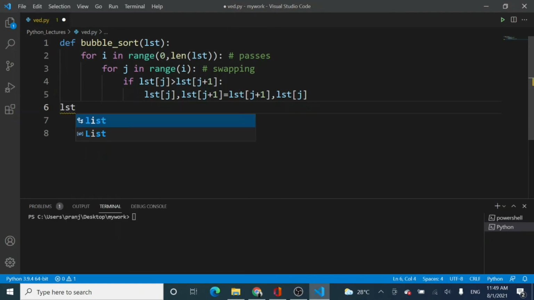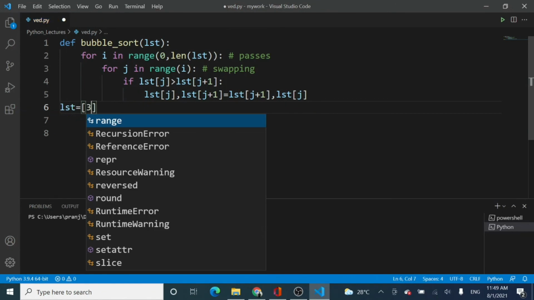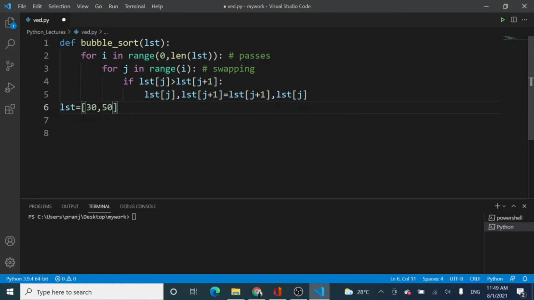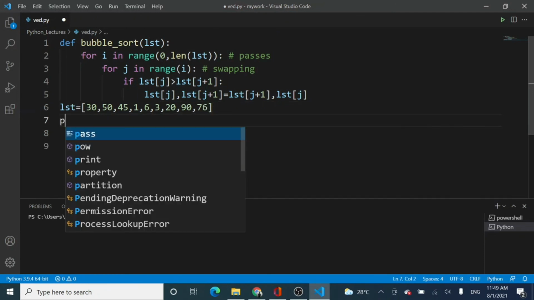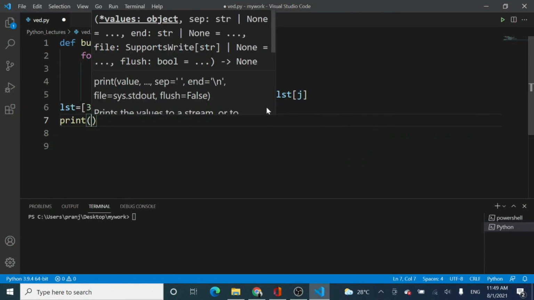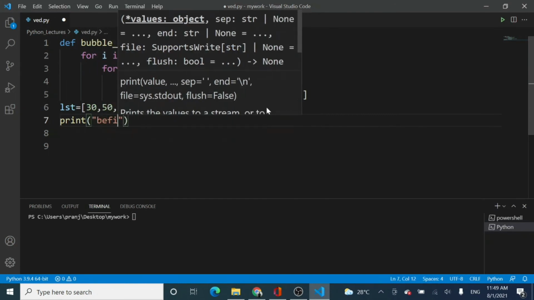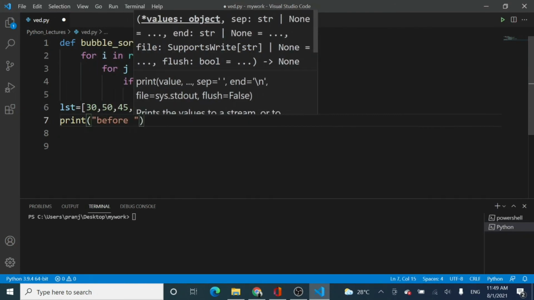So here what I'm going to do is take a list. Let us take some random numbers like this, which are unsorted, and let us take a few more: 20, let's say 90, and let's say 76, right? So I have taken some random numbers, and here I will be making a print statement saying before sorting.